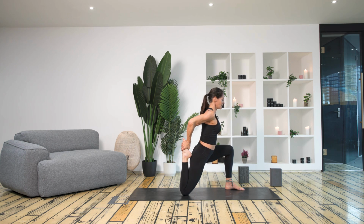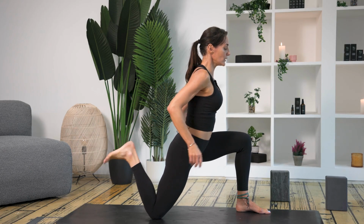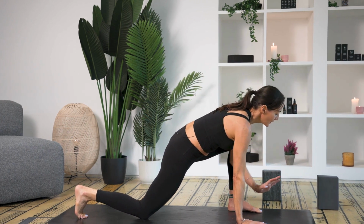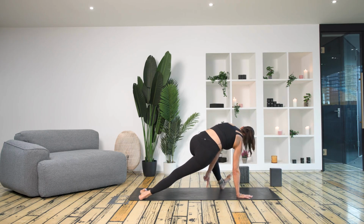In here for 3. Exhale 3. Inhale 2. Exhale 2. One more inhale. One more exhale. Slowly with control, release the foot. Right hand down. Pivot on the back foot, which is my right foot, the side of the right foot, find your